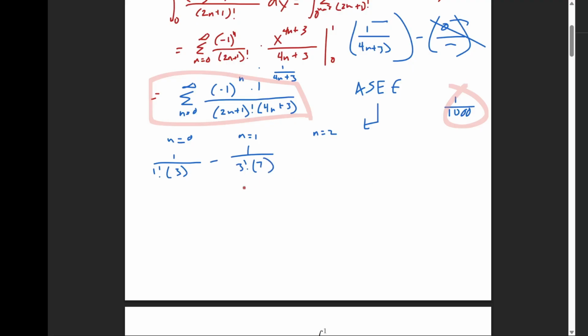And then as you're doing it, you should simplify it so you can see if it's over 1,000. So 3 factorial is 3 times 2 times 1, so that's 6 times 7,